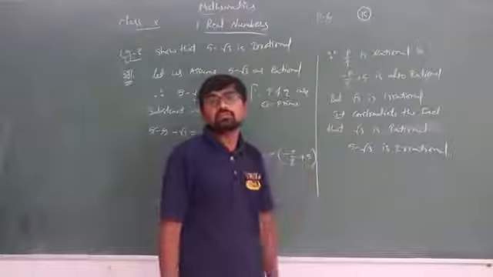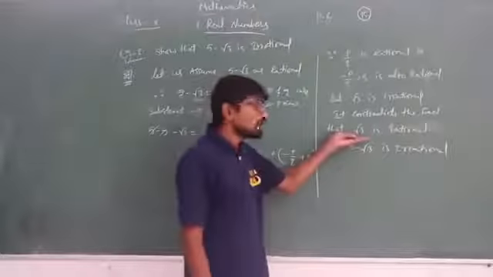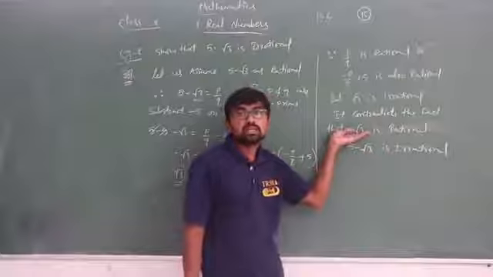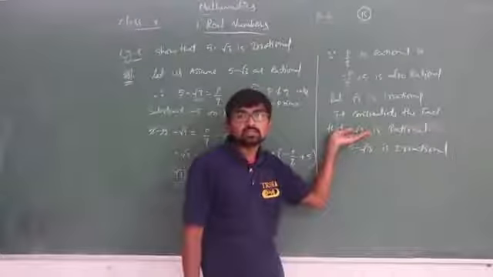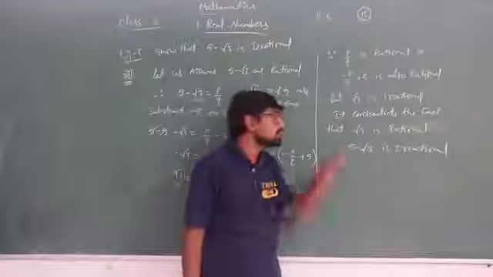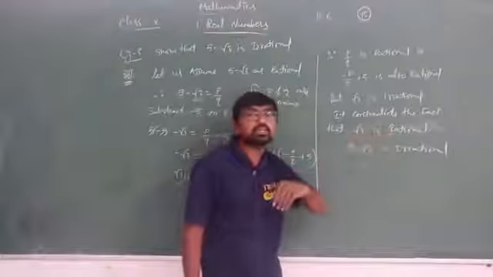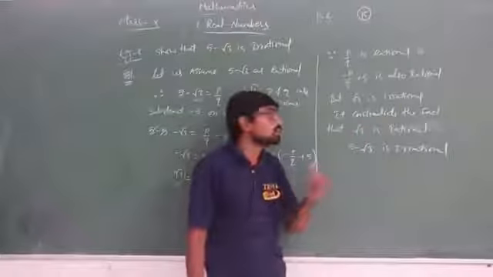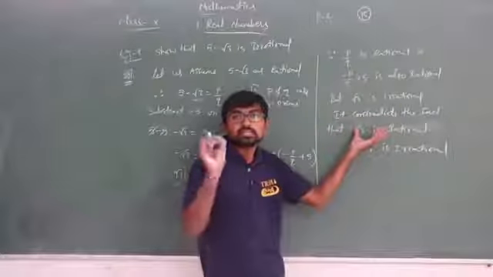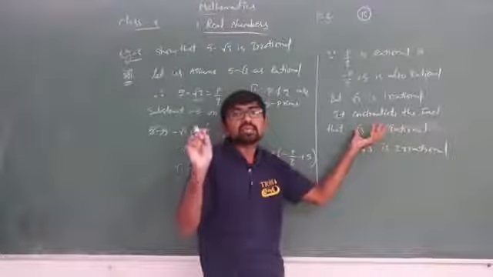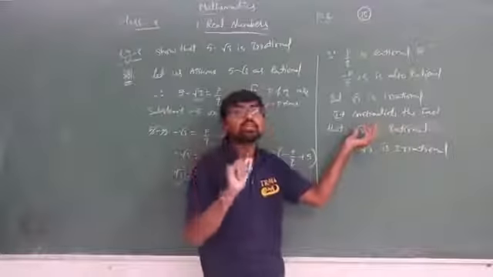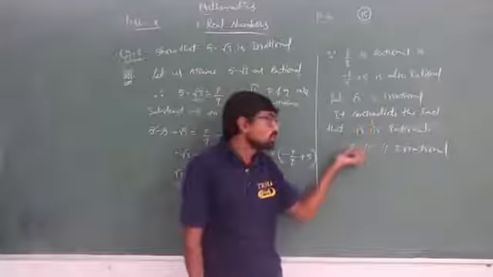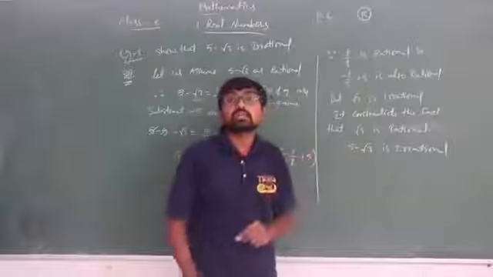So it is making a confusion, isn't it? As we did in our previous class, we have proved that this single digit root is irrational. So it is contradicting the fact that it is rational. Root 3 is not a rational. We have already proved in our previous class that root 3 is an irrational, isn't it? So it contradicts, it disturbs, okay? It is not exactly correct. Root 3 is not a rational number. So root 3 is not rational, it is irrational.